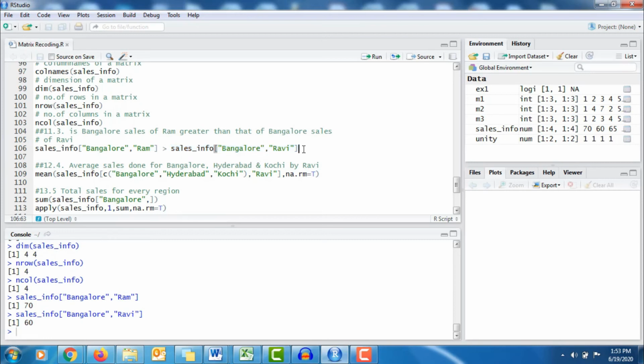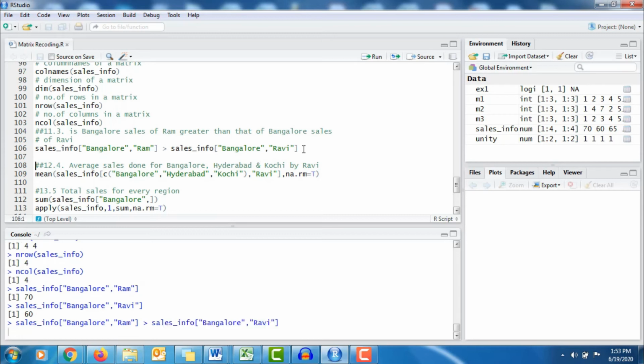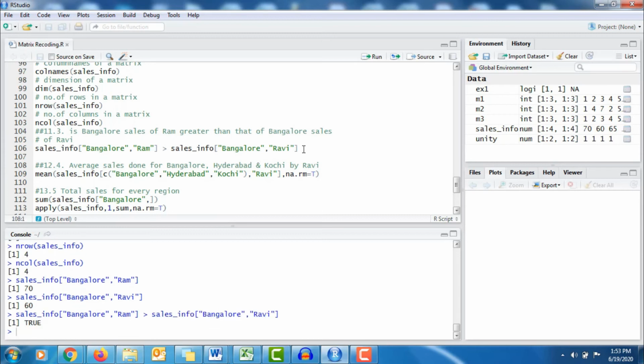Now I have to find out whether my Bangalore sales of Ram is greater than that of Bangalore sales of Ravi or not. So in that case, in between these two pieces of code, I have to use the greater than symbol, and then when I execute this piece of code, I get my result in terms of true or false.